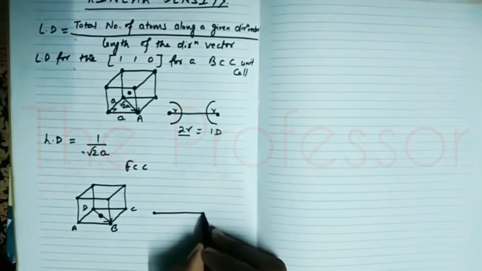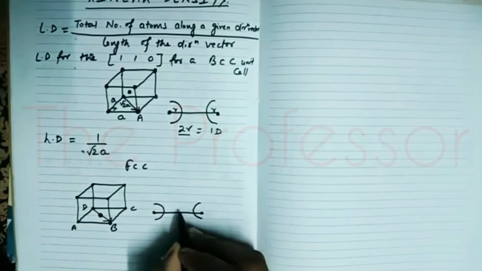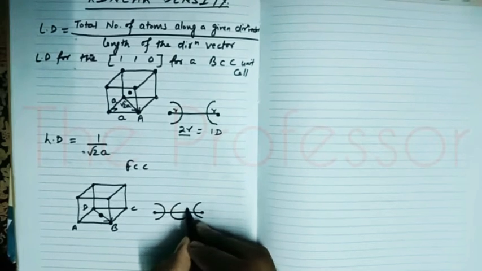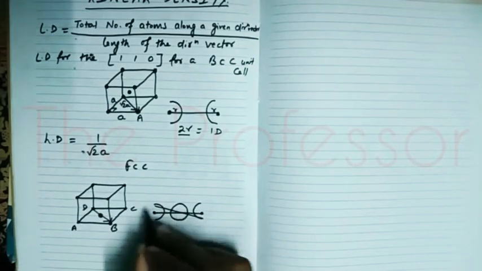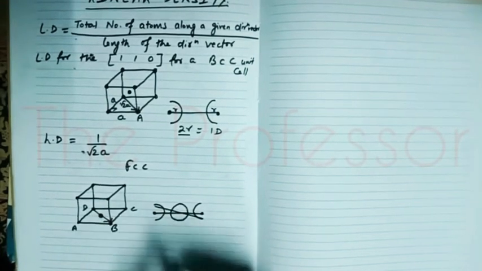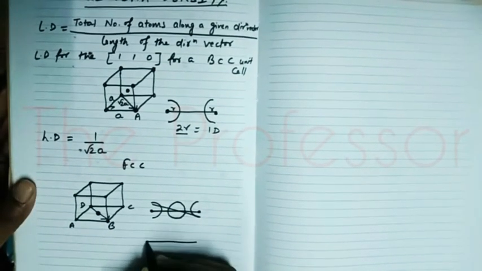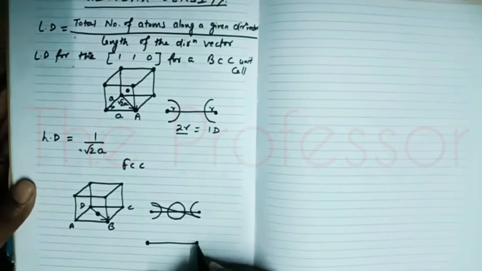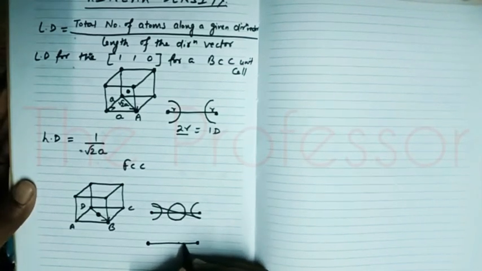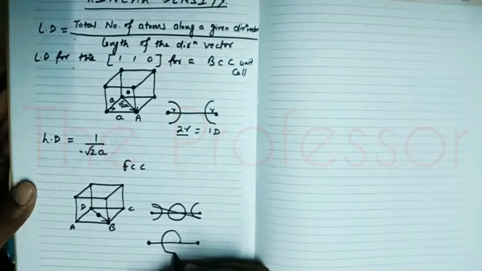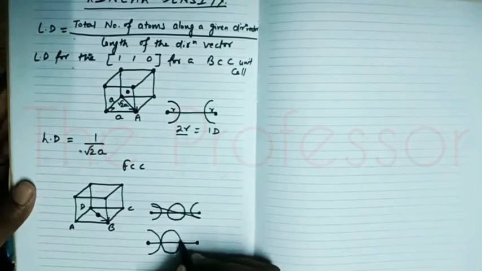These are the 2 corner points. We have one atom here, we have one atom here, and we have a complete atom here, right? Sorry, it is incorrect because this complete atom is in contact with the corner atoms. So let us draw it again. If you look at this direction vector from the top, it will look somewhat like this. This is the atom which is present at the center of the face, right? And these are the atoms which are present at the corners, right?